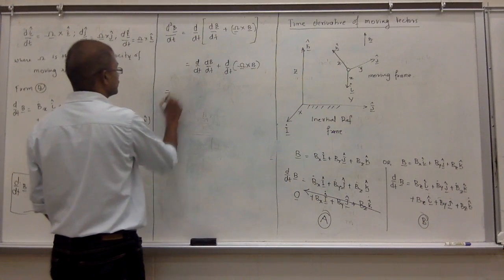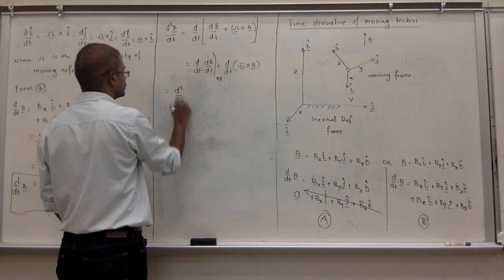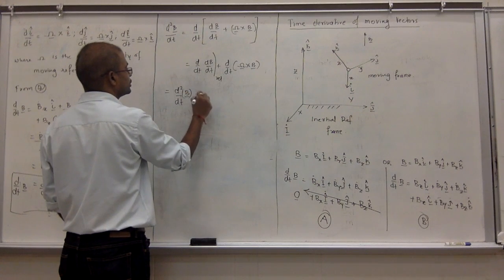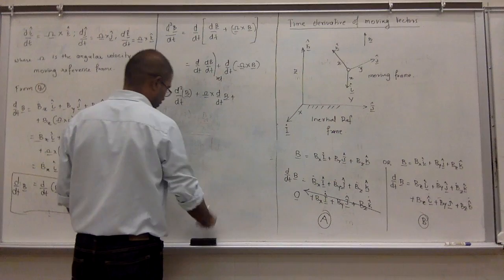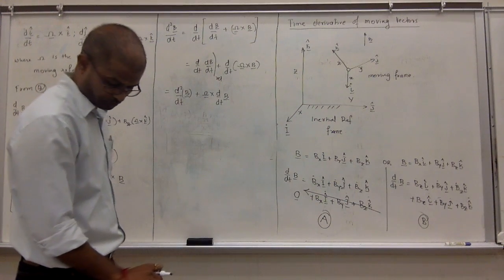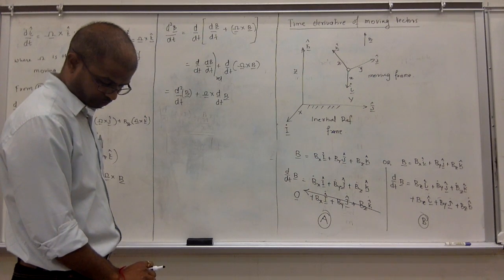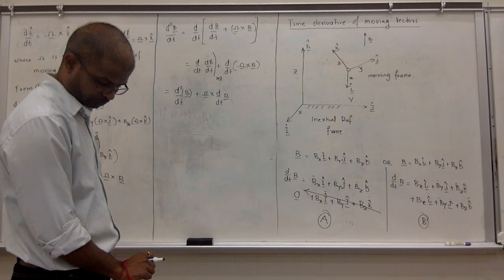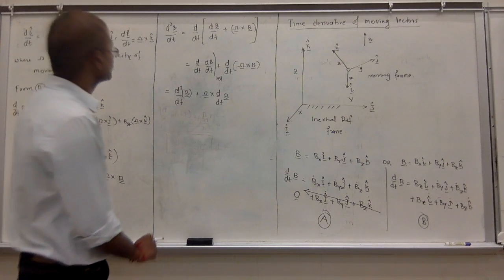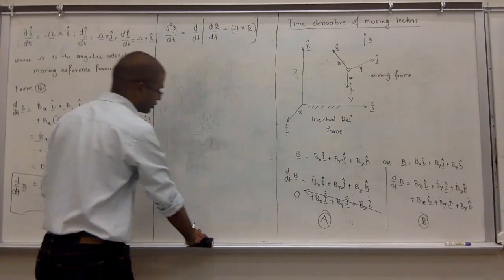This would be, again this is relative, d square b over dt square plus omega cross with d over dt of b minus